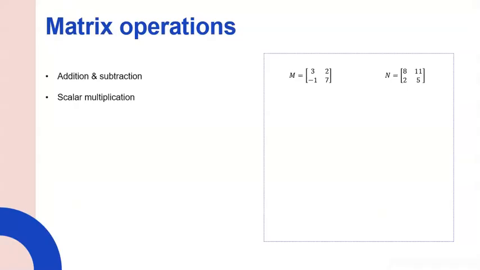So the next little operation that I may like to do is scalar multiplication. And scalar multiplication is when it's like I'm expanding a bracket. I have a factor on the outside of my matrix and I'm going to multiply that in to every element inside the matrix. So if I was going to, for example, do 4 times matrix M, what that actually means is I'm doing 4 times everything inside matrix M,